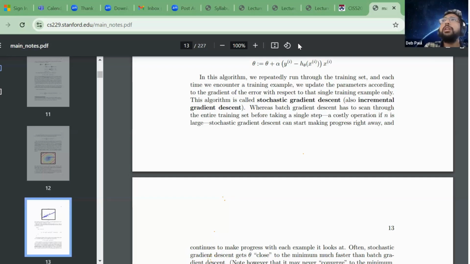I don't think that's true. Both of these will get comparable results. You're right in the first point that to move the needle, that means to update your theta, you have to wait for the full gradient descent. Because why? You have to go through all of the training samples, then you can update your parameter. In stochastic, you can update it at every point. So that makes it faster, right? That way you can update your parameter faster.